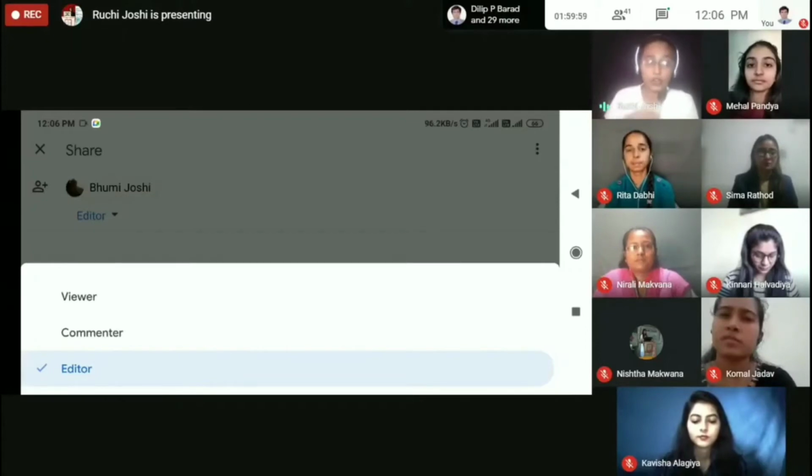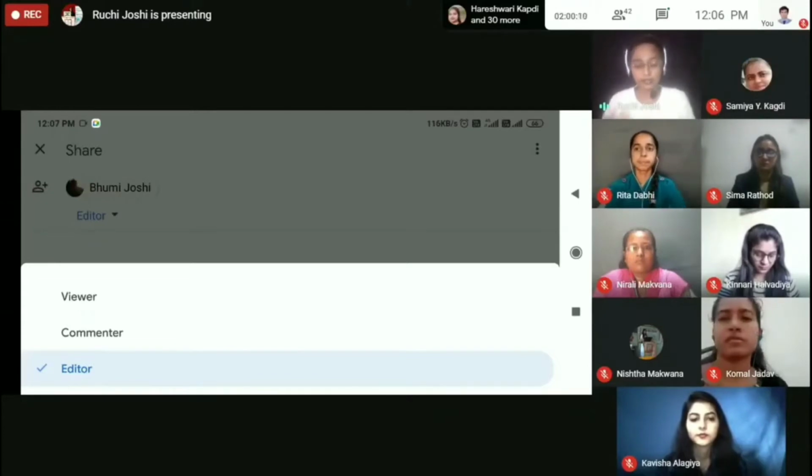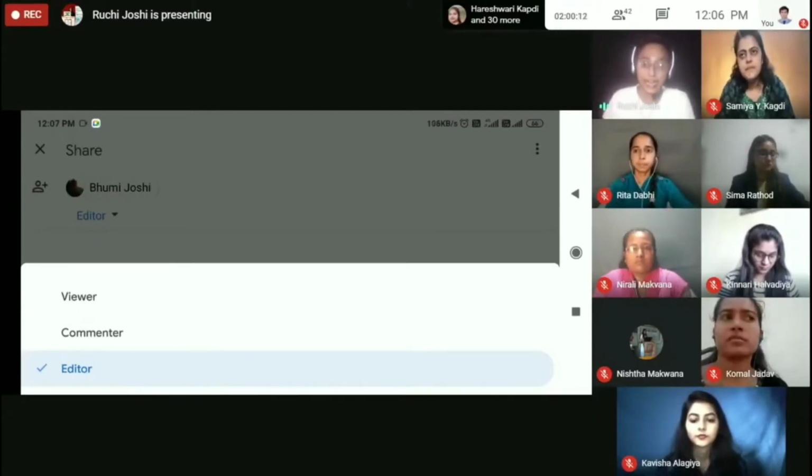While clicking on viewer, they can only view and cannot edit the file. If we select commenter, they can only comment. And by selecting editor, it gives them ownership to edit and allows them to make changes.